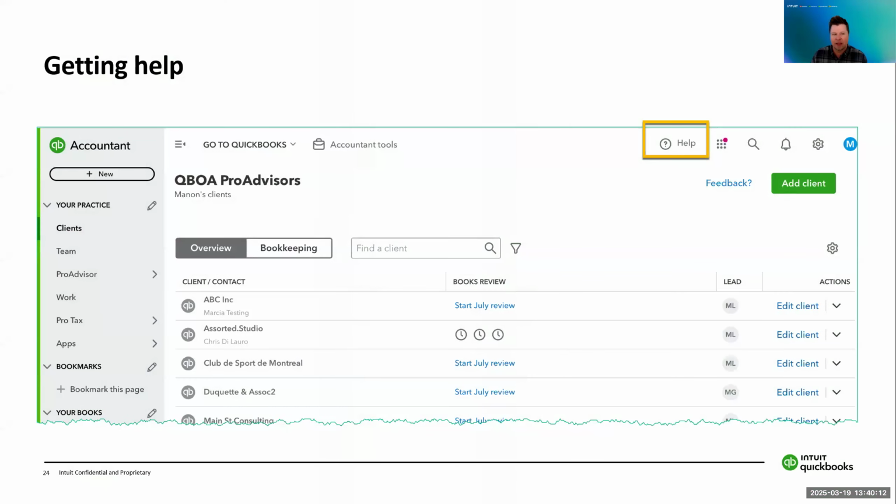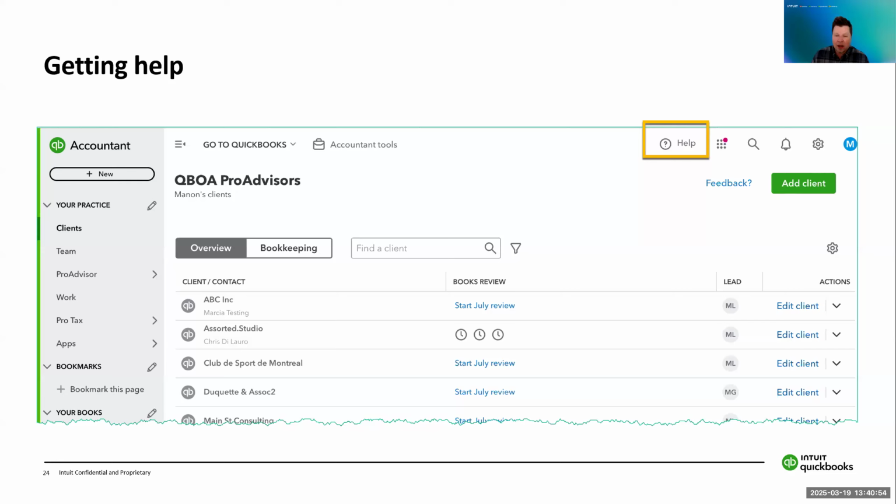Okay, I talked about getting help in ProTax. In QuickBooks Online Accountant, or QBOA, you will always see the help button at the top. Now, when you are in ProTax itself, that is not the help button that you want to use when you are doing clients' tax returns, because this is basically the help that is related to QuickBooks Online and QuickBooks Online Accountant. As you can see on the left-hand bar there, when you are in QBOA, from there you can access ProTax on the left-hand side. Once you click on that, you will be taken into the ProTax environment. It'll give you the dashboard for ProTax.